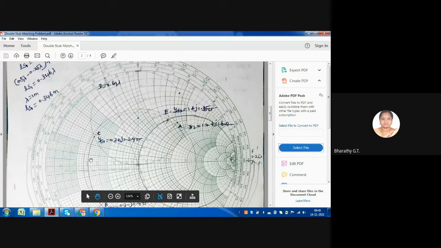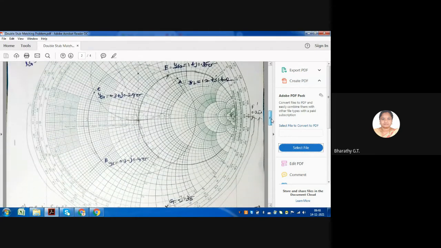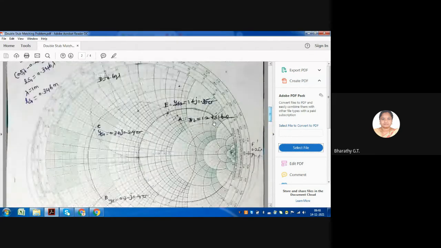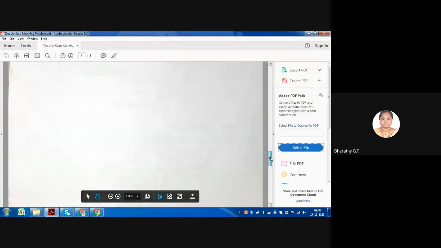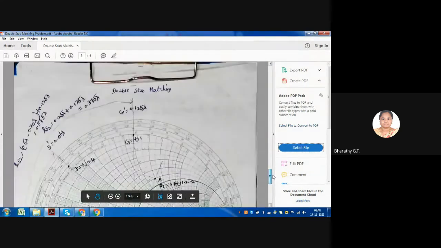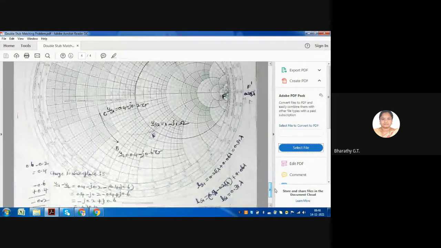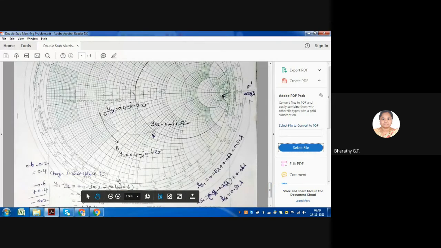When the distance between the two stubs is mentioned as lambda by 8, then you will be drawing the unit conductance circle on top of the Smith chart. When the distance is going to be 3 lambda by 8, அப்ப நீங்க வந்து இங்க கீழே வரைவீங்க, at the bottom half of the Smith chart. For example, I will show you. So next problem ஒன்னு இருக்கு. அந்த ப்ராப்ளத்துல பாத்தீங்கன்னா இங்க வரைஞ்சிருக்க பாருங்க யூனிட் G circle. Can you see? Students, are you able to see? Yes.